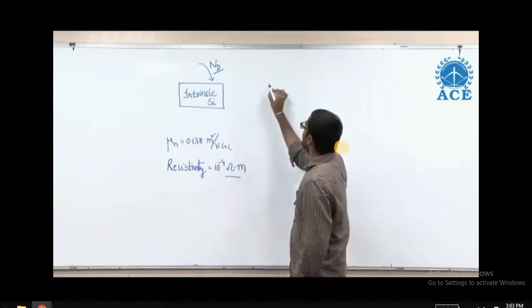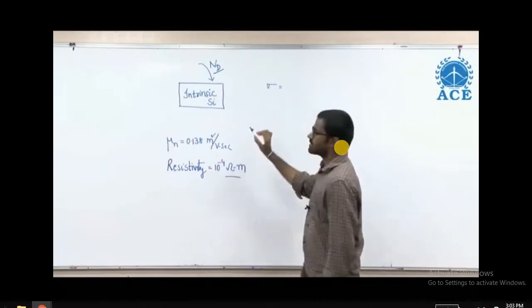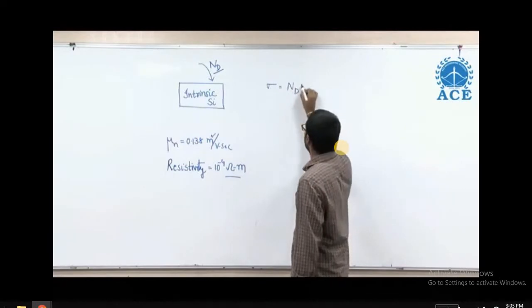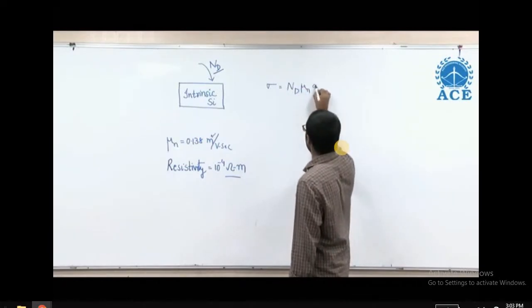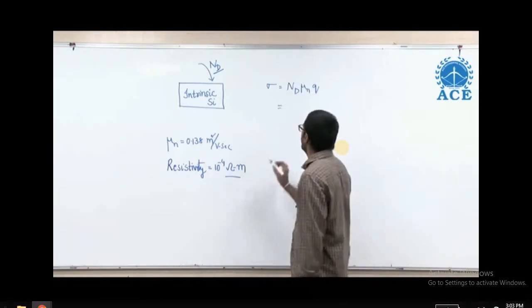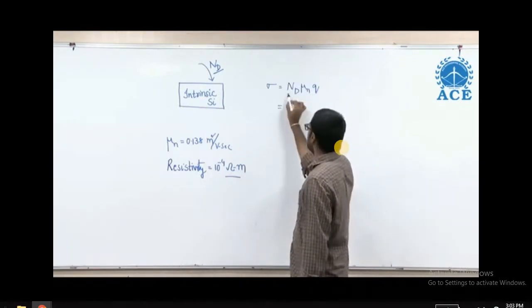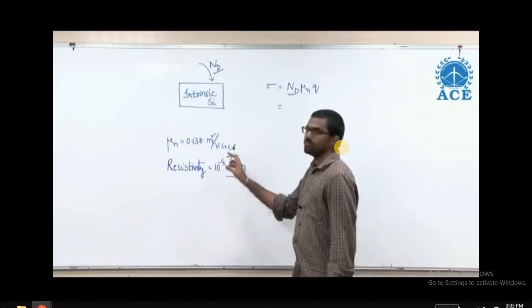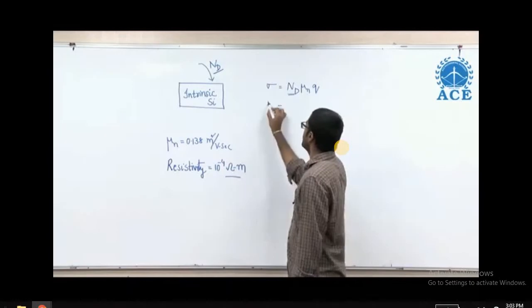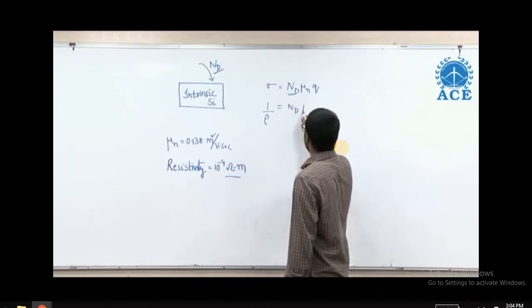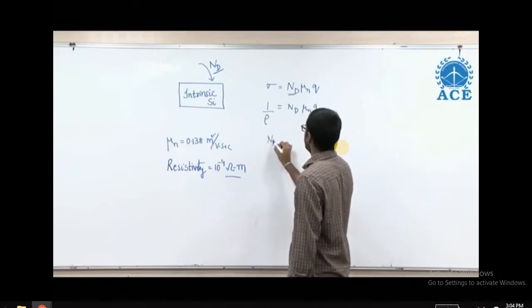We know that conductivity of extrinsic semiconductor is nothing but Nd Un into Q, and we have to find the amount of donor atoms that we should add to get the resistivity of 10 power minus 4 ohm meter. We know that conductivity is nothing but 1 by resistivity, Nd Un into Q, which implies Nd is equal to